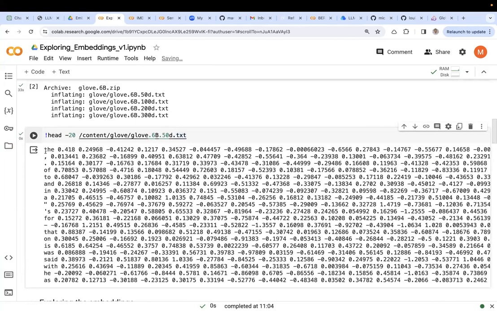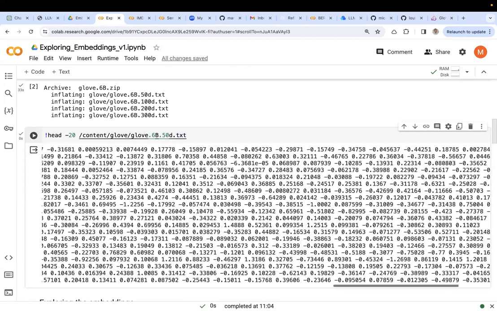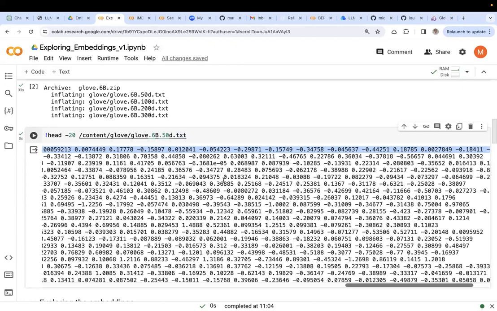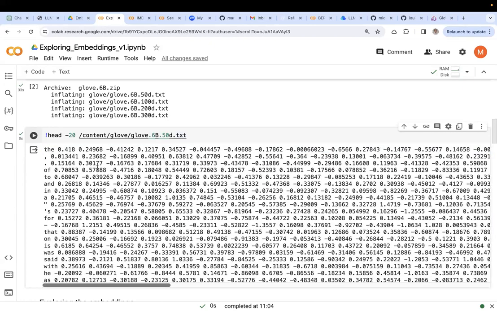So you can see that now this is the word. The first word is the word "the". Okay, and this is the embedding created for it. So this is actually a 50 dimension embedding. Like we created an 8 dimension embedding through our deep learning process, so they have created it through